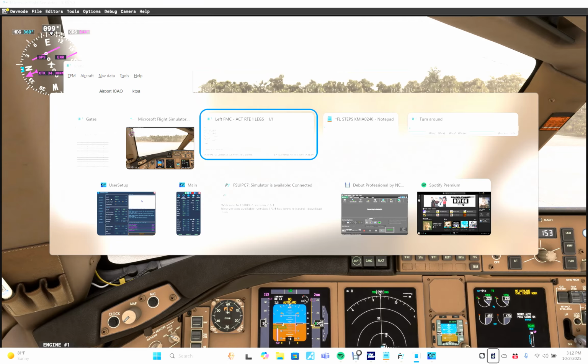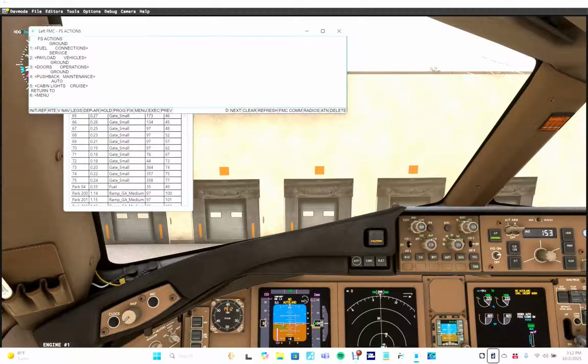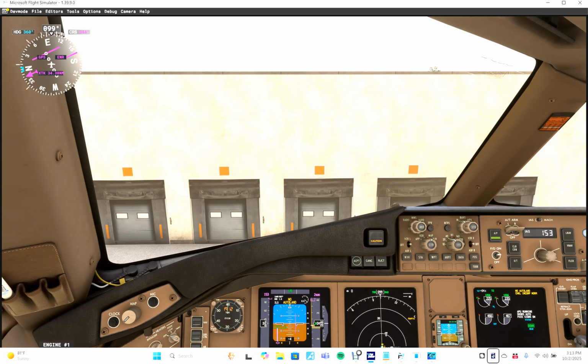Microsoft Flight Simulator, left FMC, act RTE 1, left FMC, act RTE 1 lex 1 menu, FS actions, ground connections, ground 1, ground 2, air stop 3, air kit 4, access 5, wheel shocks, 6, let's return set slash X remove crater, wheel shock 5, access 4, air kit 3, engines and div, air start 2, let's request rec slash rail crater, ground power jetway, 1, let's dual jetway plugs, app running, secondary ground power available, primary ground power, Gates row 1 column 2 of 10, Microsoft Flight Simulator dash 1.39.9.0, Get